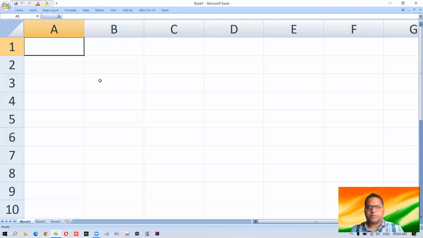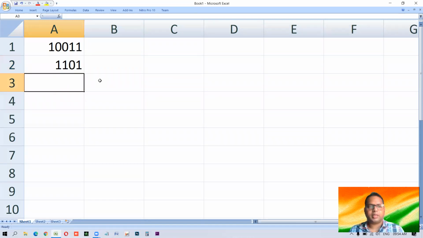Okay, so let us begin with something. 10011. Okay, this is some kind of binary number. Now if I want to add 1101, suppose these two are binary numbers and we want the sum of these binary numbers. I don't know what is the decimal equivalent of this. Even I have no idea about what is the decimal equivalent of it. If you have no idea about the given binary number, what number is that, and then you have to perform the operation, then how could we do this? This is going to be a very important topic, so you need to be very careful.